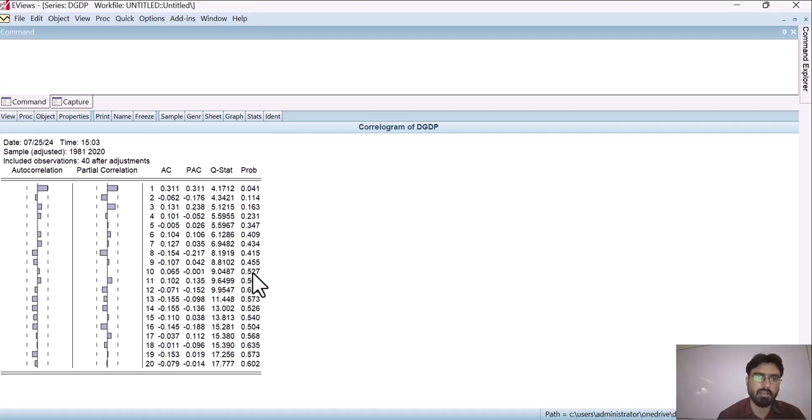So this is how you can convert your data set from non-stationary to stationary. There are some other options as well. You can take the log of the data set in order to convert your data into stationary. You can divide one variable by the other variable in order to convert it into stationary. So there are many other options, but this is the one option which we have done in today's lecture.